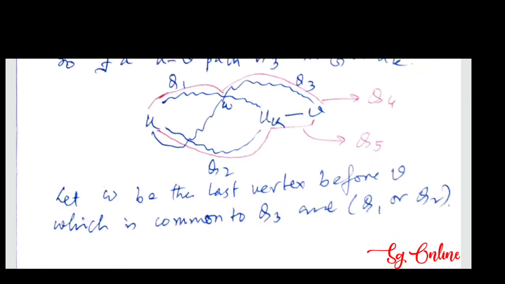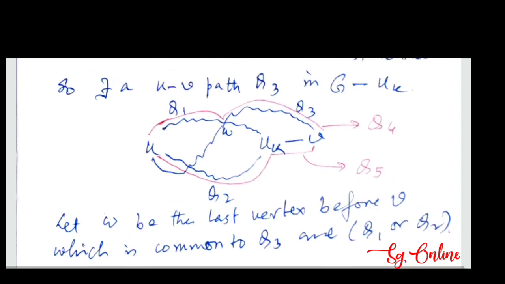So we assume that w is the last vertex before v, which is common to q3 and with either q1 or q2. So w is the last vertex before v along q3 which is also common to either q1 or q2. So suppose for the time being we consider that the vertex w is common to q1, and then we are